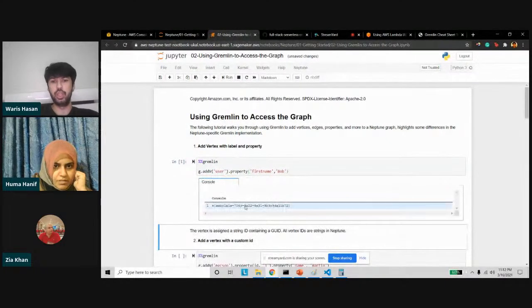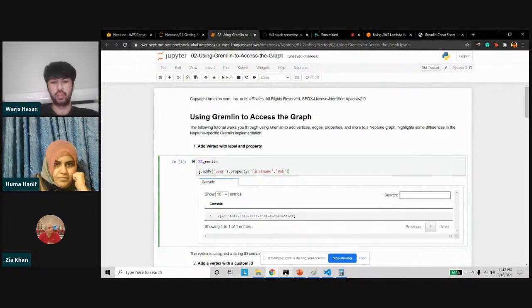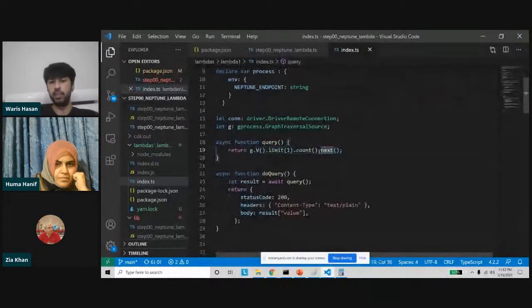I'm not sure. You can see the notebook asked for dot next. Okay, it's done without next. Oh yeah, that's a very good point. If you're writing your queries inside JavaScript, you would have to add these terminal steps. Now we will discuss more about the terminal steps in the next class, but you don't need to add terminal